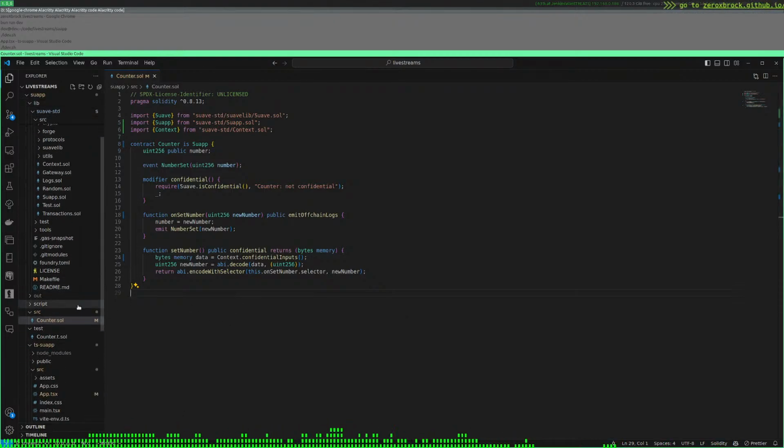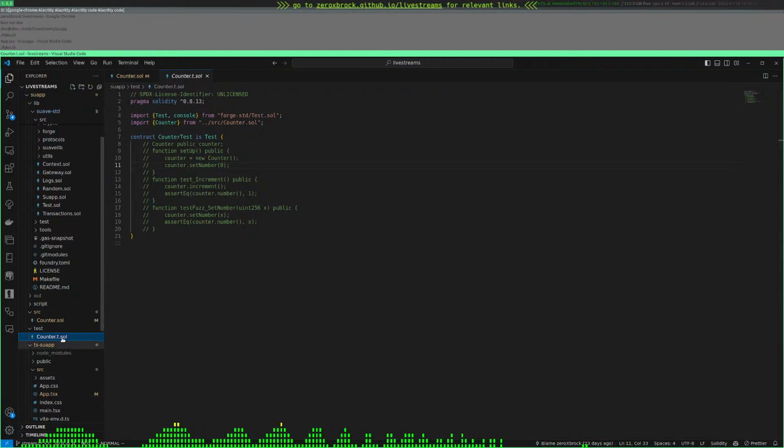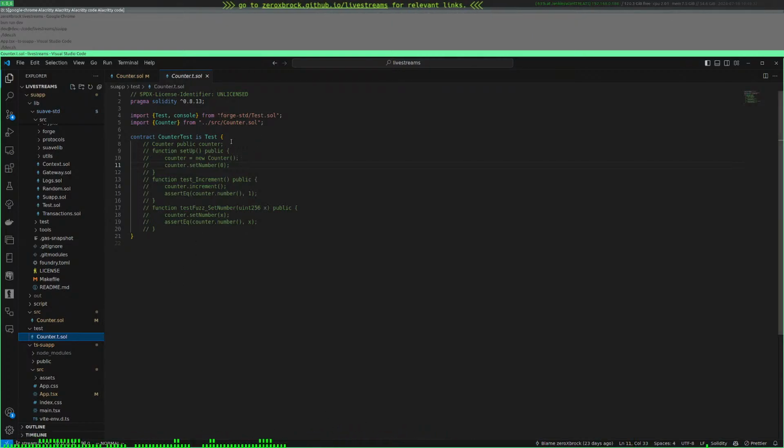So we'll cover some forge tests, so you don't have to build a whole app to see if your smart contract works. To write forge tests for Suave, it's pretty simple. Here we've got our .t.sol file for counter,